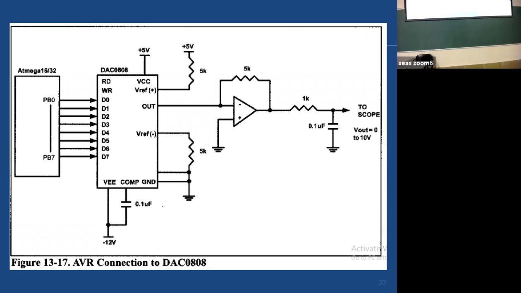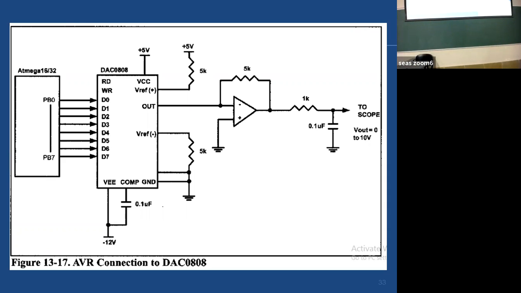Left hand side we have our ATmega16 or 32, 8-bit port. So 8 bits are going to our DAC, digital to analog converter. In this case, the chip is DAC0808, a very popular chip, widely used. It will take all the 8 bits and it will convert it, and here is our output. The output may go through some additional circuits that may do some signal conditioning if and when needed. And finally, we have the output that we can apply to any appliance, for example, a display, and so forth.